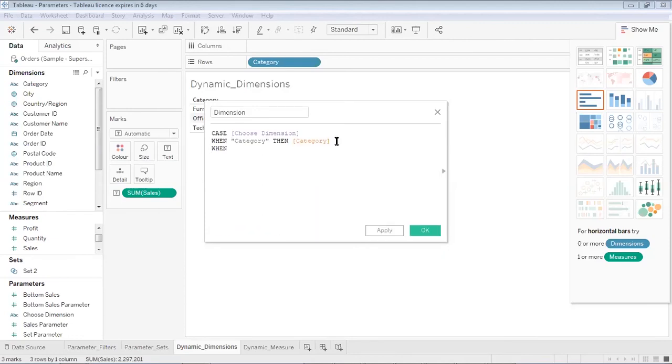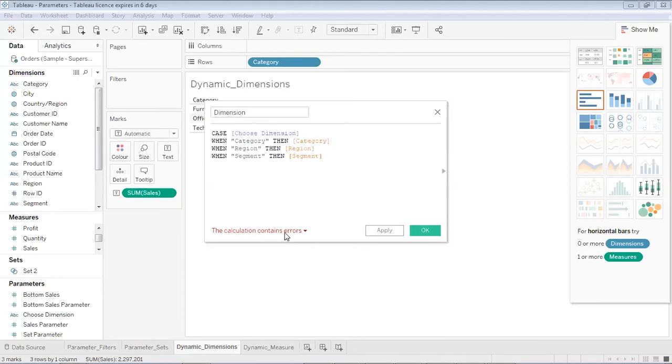Similarly, when the option chosen is region, then please take the region dimension from the data source. Similarly, I'll do it for segment as well.